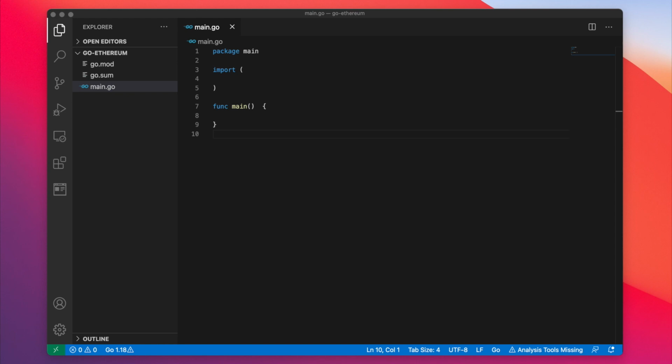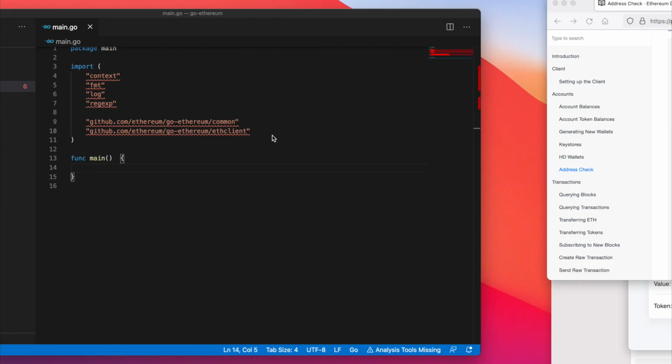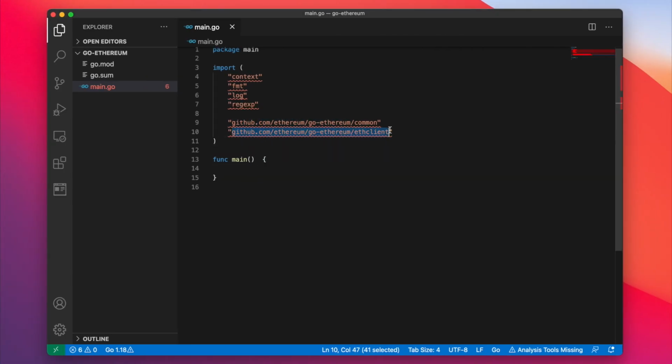Let's go ahead and start with the main.go file that we created in the previous video. We'll need the same imports, that's context, and we'll also need fmt to output to the console. Let's also grab log to output our fatal errors, and we're also going to need regexp, or regular expression. We're also going to grab the Go Ethereum common and the Go Ethereum ethclient dependencies. And again, make sure you are doing go get followed by the dependencies coming from GitHub, so those are available